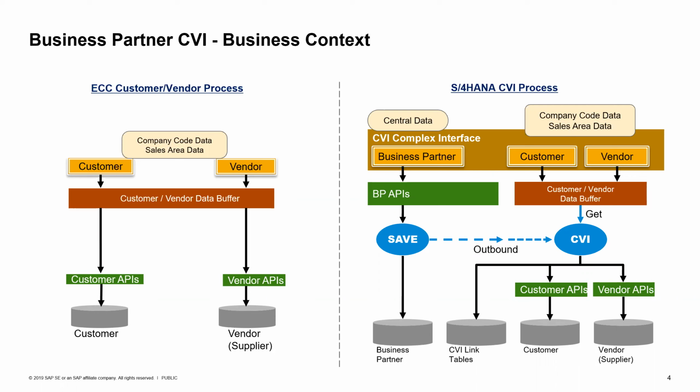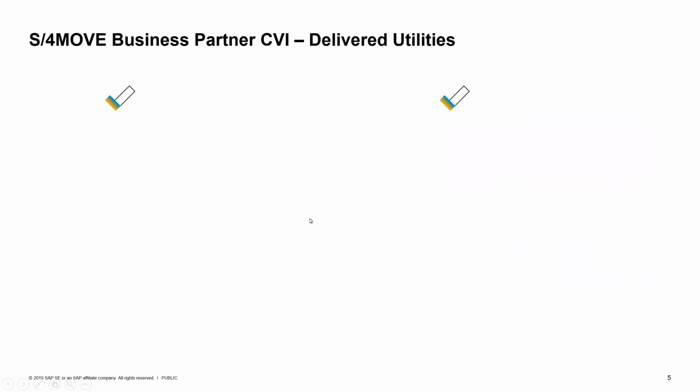There also comes along with it a slight complexity in the business processes. Since it's a mandate for S4HANA system upgrade, there's a need for simplifying through some standard solution how this business partner synchronization is to be achieved seamlessly. So with respect to that, I'll move on to the next slide, which talks about the utilities we have